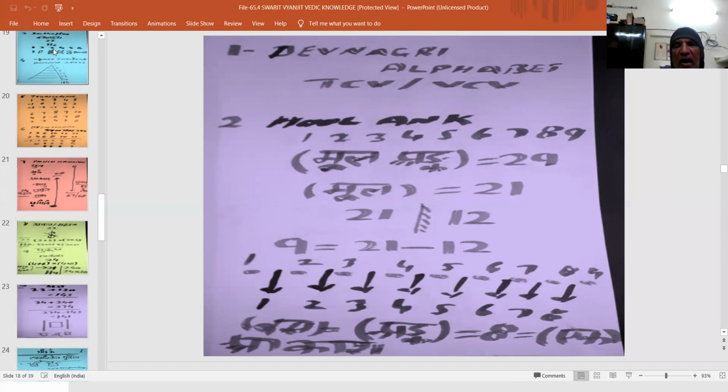The formulation Mool Ank is of transcendental code value 29. The formulation Mool is of transcendental code value 21. 21 constitutes a reflection pair with 12, and the difference value of 21 and 12 is 9. The 9 discretes lead us to 8 gaps, and the value 8 is the transcendental code value of Ank. It is of Ek, it is of Ras, and it is of Akash. One shall sit comfortably and be parallel with these features.